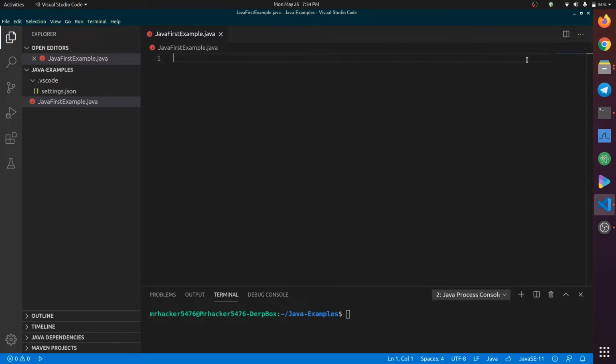Today we are going to learn about a basic object-oriented programming structure. So let's start off with the basic example. We are going to write a program which will take first name, last name and age from a constructor and simply display it. So let's start off with creating a class.